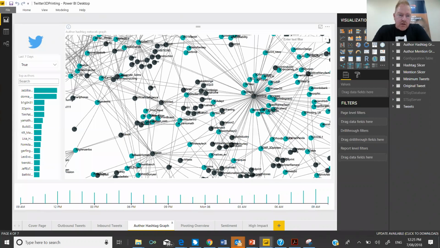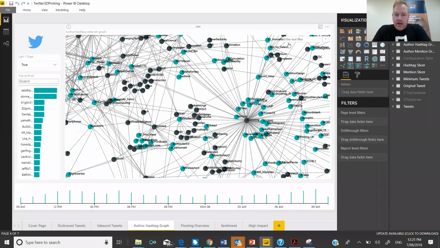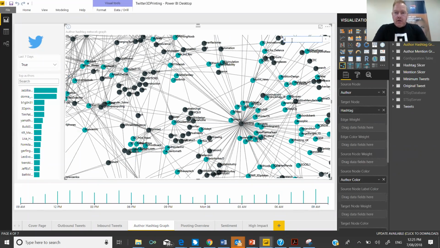So if you're looking to do research on what 3D printing is about, you really just need to do some analytics, and we can type in search terms, for example, sunglasses, and you can see people are talking about sunglasses. Okay, so we know that perhaps 3D printing can be used to make sunglasses, and so it's a really great way to investigate or research a topic.